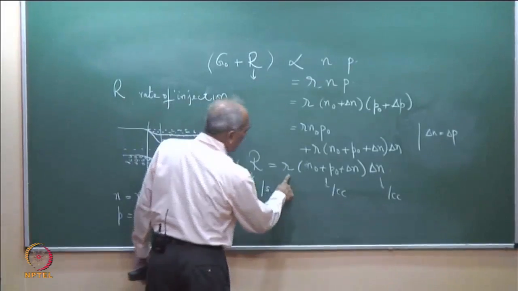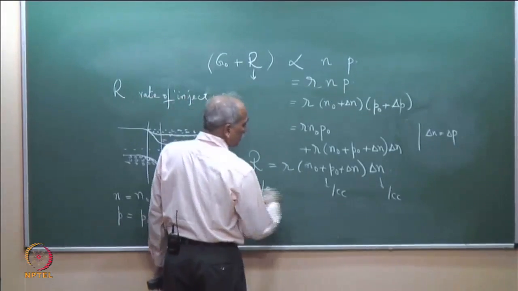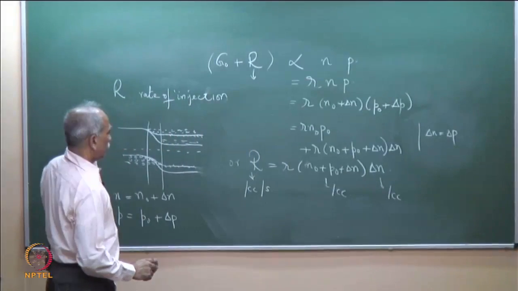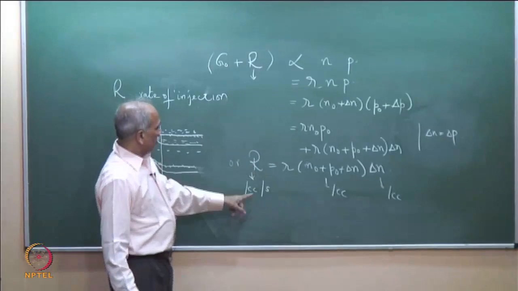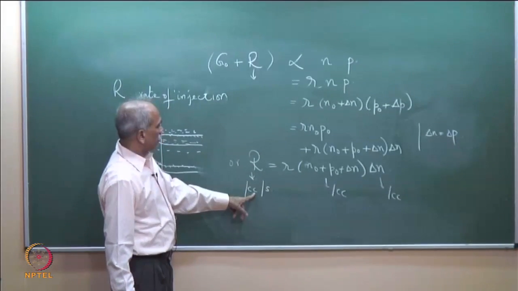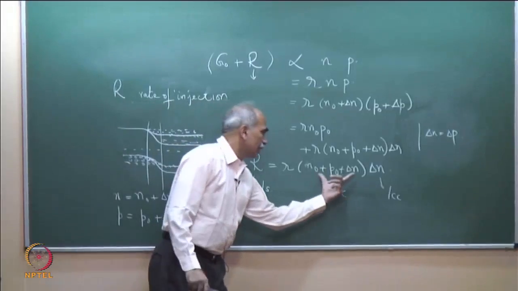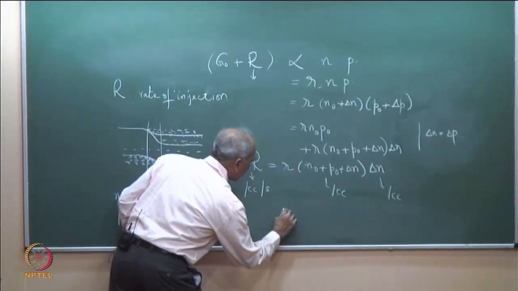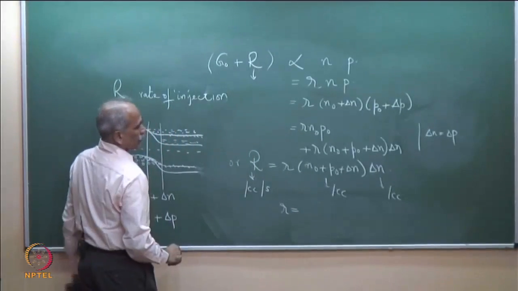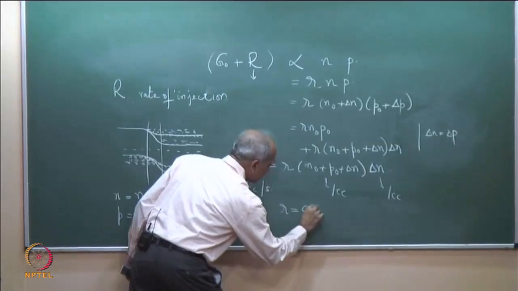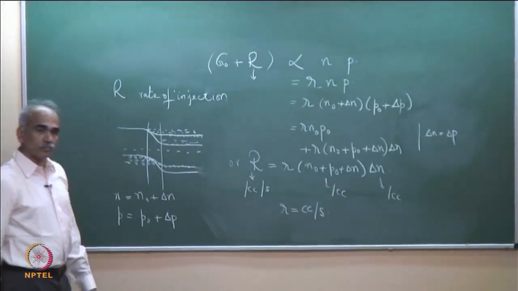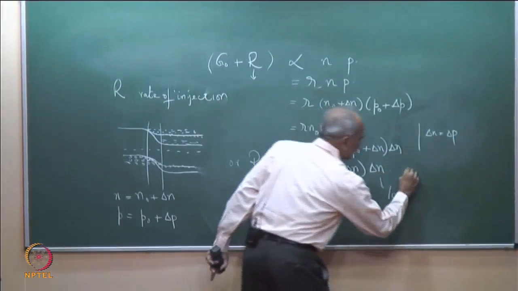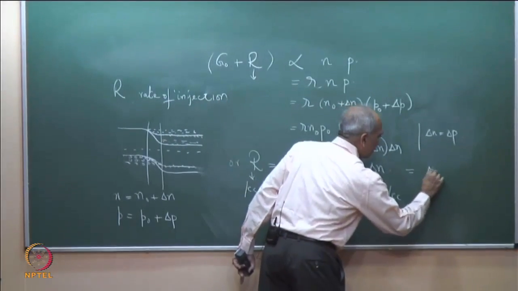Therefore, what is the unit of R? So, 1 cc cancels with 1 cc. So, R will have rate of injection, so this is per cc, this is per cc. Therefore, the rate constant R here is unit of cc per second, cc per second. This R is equal to this, I write as delta n into tau,